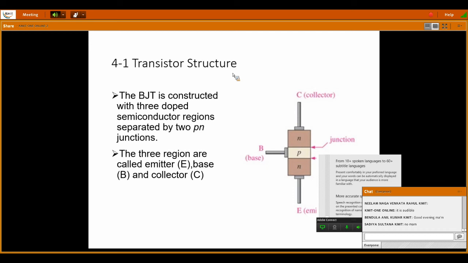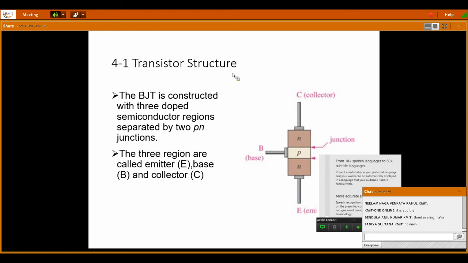If I add those to a pure semiconductor, which comes under the fourth group element, silicon or germanium, you get n-type material. Next, p-type material can be formed by using trivalent impurities like boron and aluminum. Those elements are added to silicon or germanium to form a p-type material. These transistors are manufactured using the grown junction method or the epitaxial layer method.